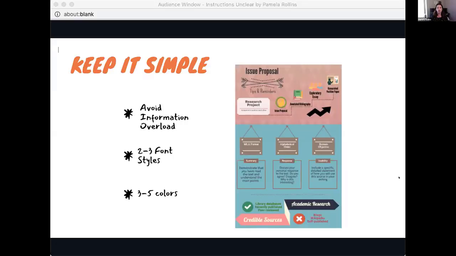3 to 5 colors. So your color palette, you want some contrast, but you also want colors that work well together. In this case, you can see we've got red, green, blue, dark blue, pink, and it's just a little too much and the colors don't quite work together. Thankfully, those free resources that I referred to typically will have templates, and we'll look at those a little bit closer in just a moment, but templates are great because oftentimes they already have those color palettes arranged for you and designed ready for you to go.